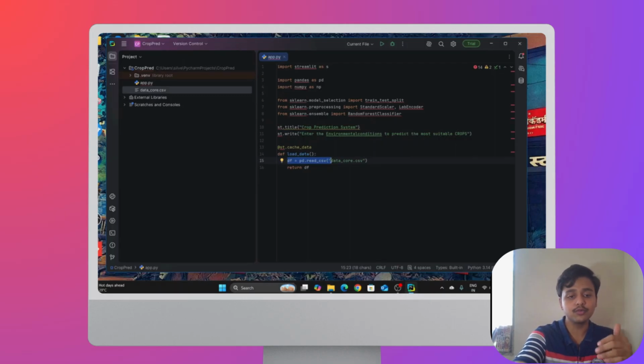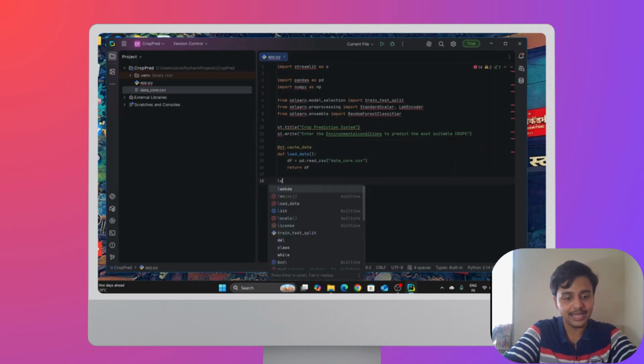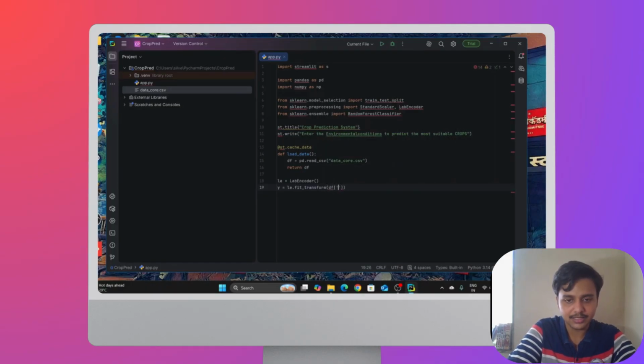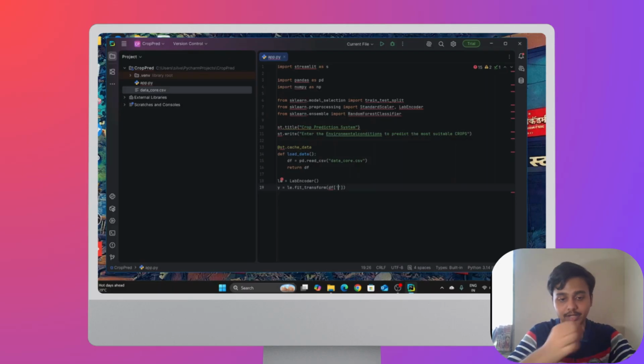Now we are going to move to the next part, which is about the pre-processing. For pre-processing, we need the label encoders. So we will be writing the code for that, where LE equals label encoder and Y is going to be equal to LE.fit underscore transform, and in this I am going to write df in square brackets, the particular column that I want, crop type, right?